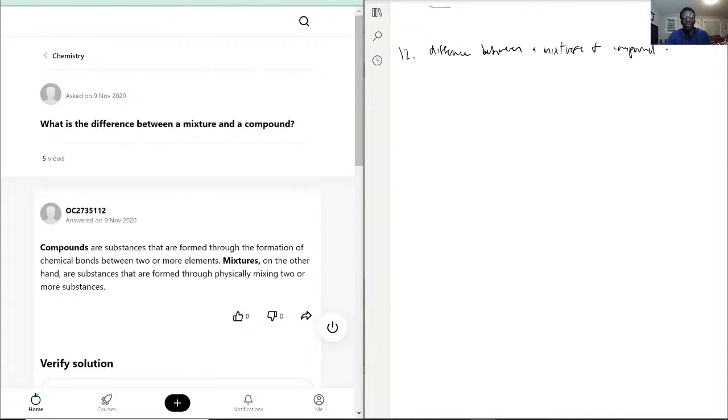So as I say here, because I will read this, compounds are substances that are formed through the formation of chemical bonds. Okay. Mixtures, on the other hand, aren't dealing with bonds. Okay. So to, I guess, write it in a way that's a little bit more easily understood, compounds